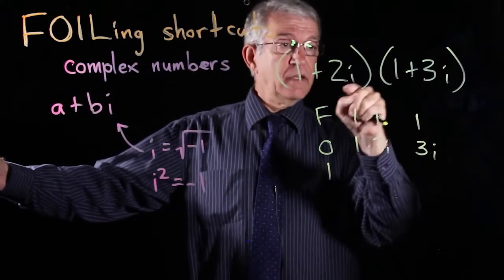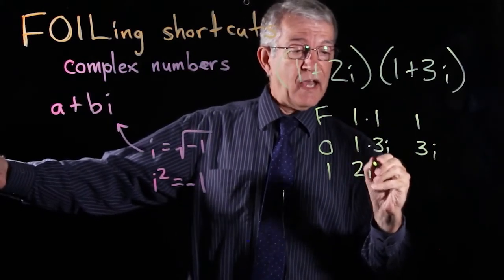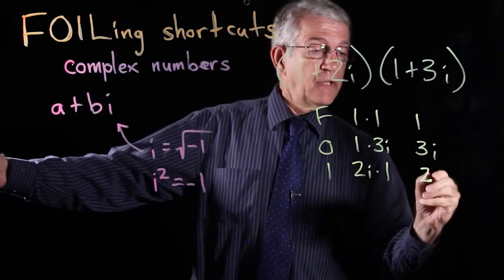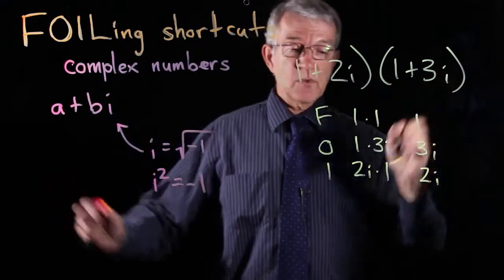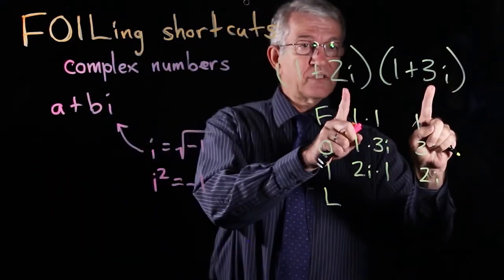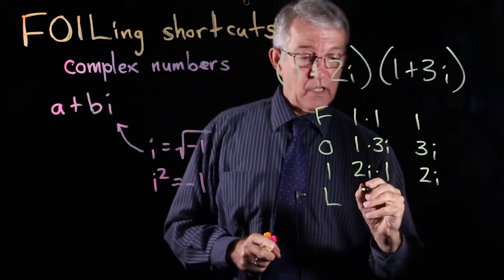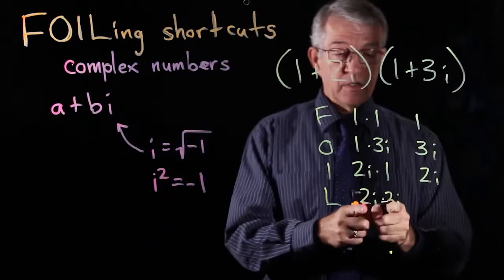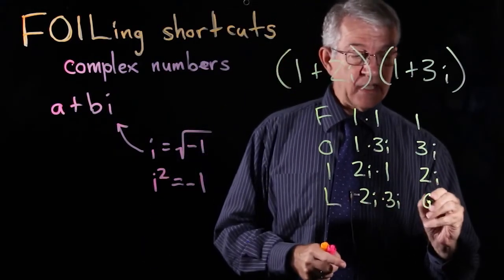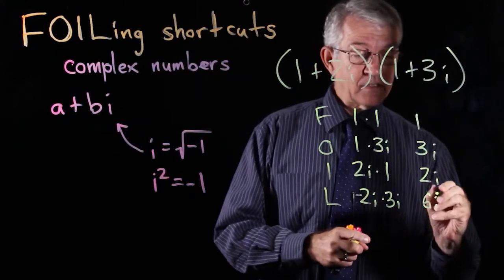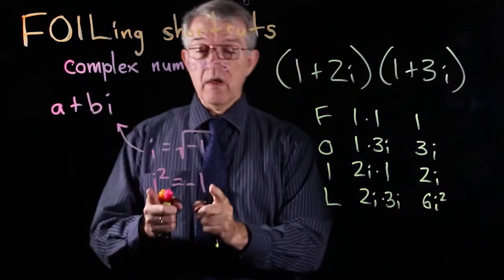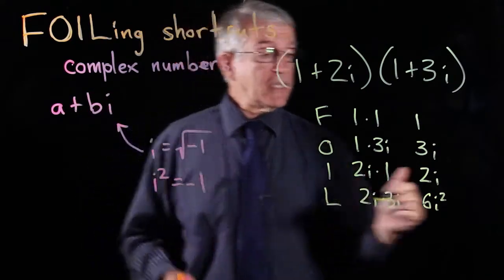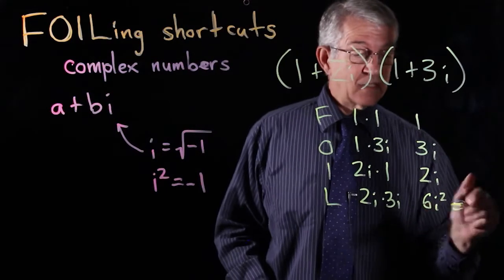The inside multiplication is 2i times 1. Again, 2 times 1 is 2, do the number part, and then there's an i with it. And then at the end is where it gets a little bit tricky. Our last terms in these two binomials are 2i and 3i. We're multiplying them together. Do the number part, 2 times 3 is 6. i times i is i squared. And we know from the definition of an imaginary number that i squared equals -1. So this is 6 times -1,